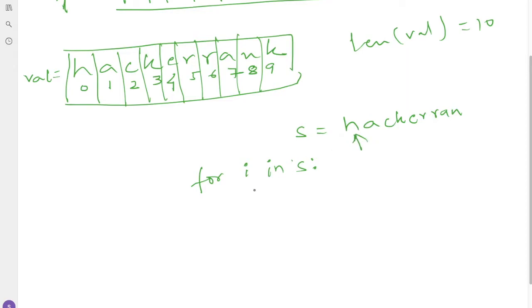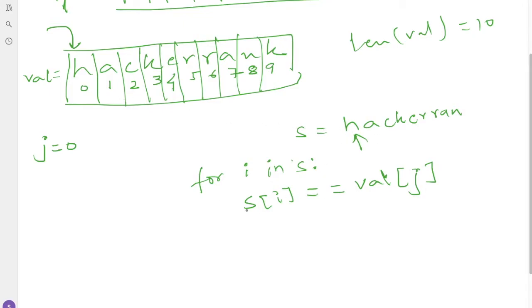We will keep a pointer for the value as well. Suppose I have kept j, moving with j equal to 0 initially. Now I check if s of i equals val of j. Both are equal, H and H.